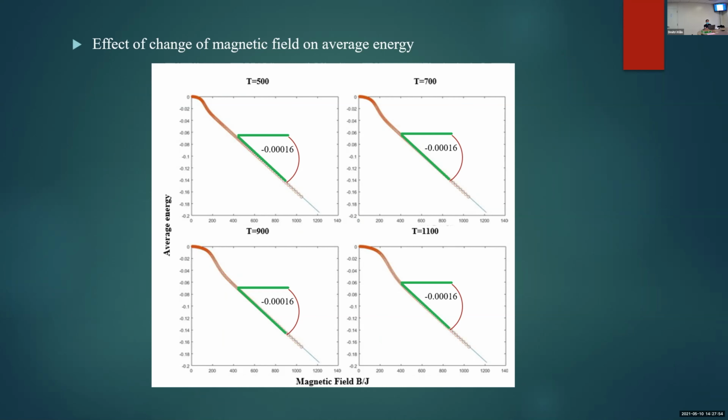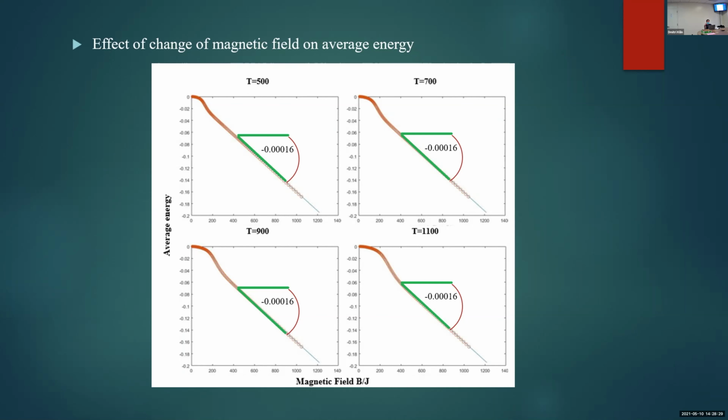Regarding the figures, the average energy with respect to the change of magnetic field is similar for all cases in the higher magnetic fields, except for the low magnitudes. The extreme point of the plot in the starting region is shifted toward higher values of magnetic field by increasing temperature. In high values of magnetic field, the curve converges to a line, and as you see, the slope of the